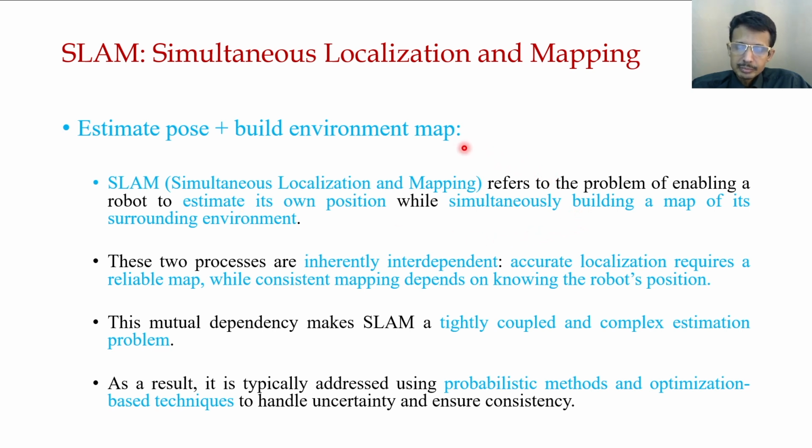Or we can say, in another sense, it first generates a map of the surroundings and tries to find its own position in this map, and vice versa. So these two processes are inherently interdependent,